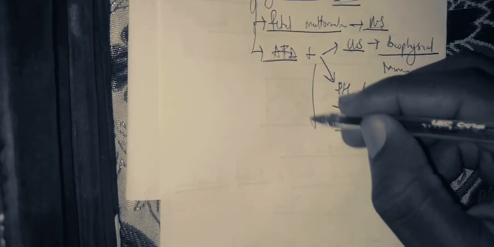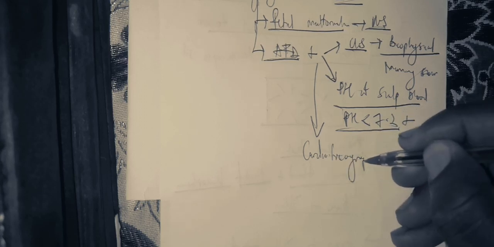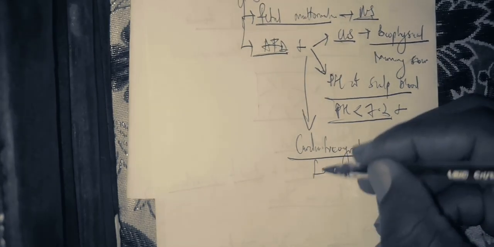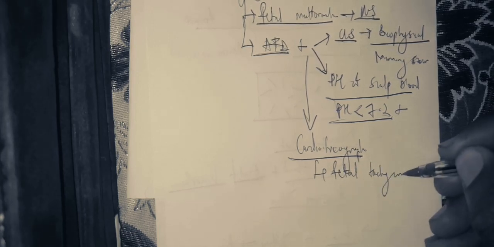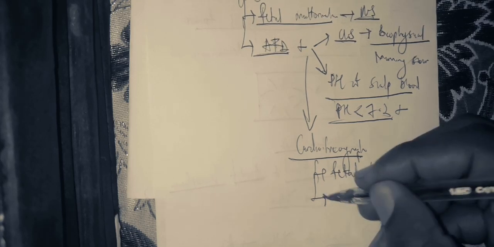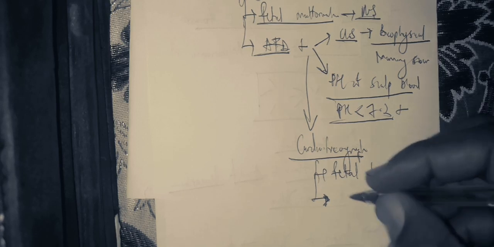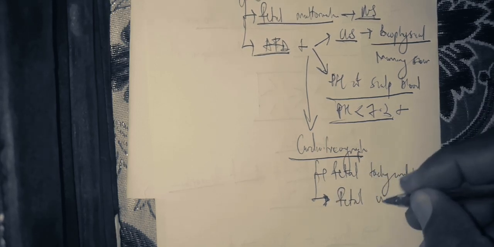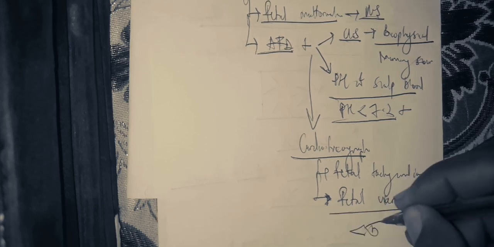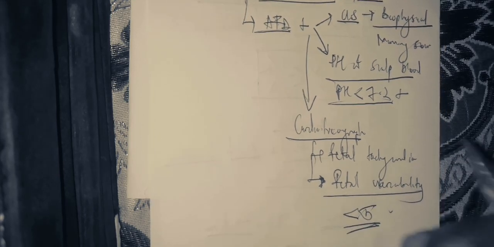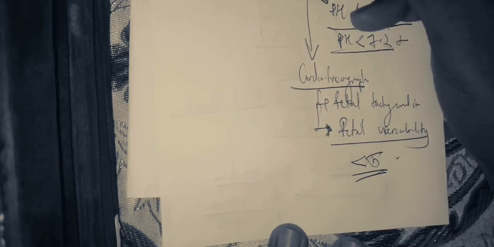To support acute fetal distress, you can use the cardiotocograph, or just fetal heart rate monitoring, where you can support first by having fetal tachycardia or bradycardia. The final confirmation based on the cardiotocograph that the patient is actually having acute fetal distress is fetal variability. If the variability is less than 5 in the fetus, there is a high risk that the patient is having acute fetal distress. Now, the next thing after the